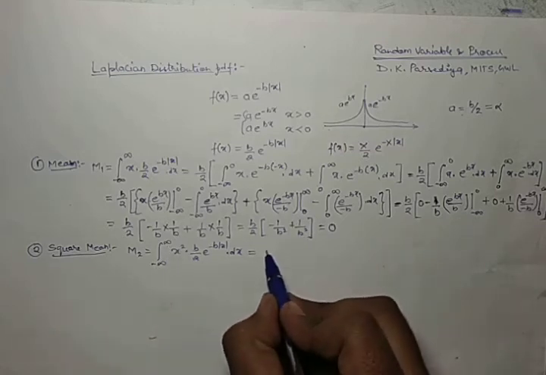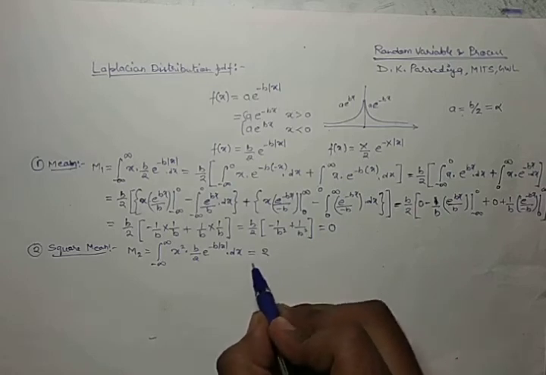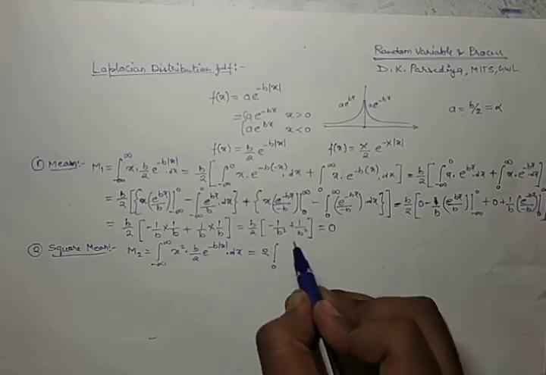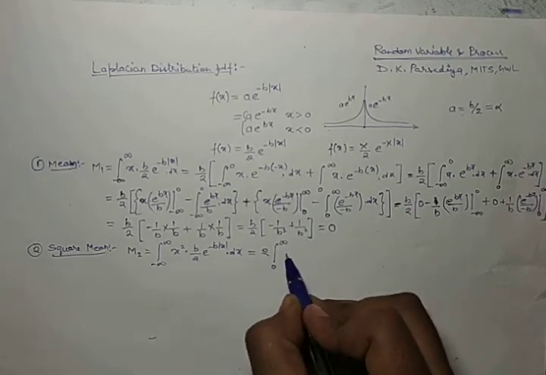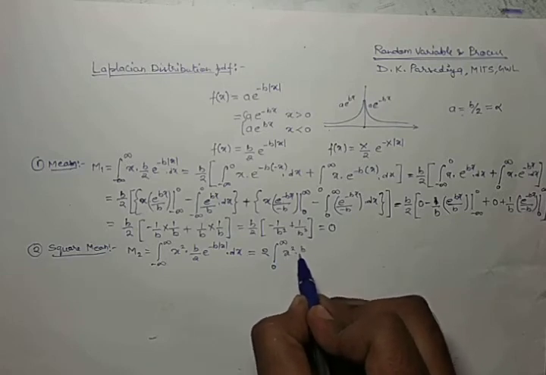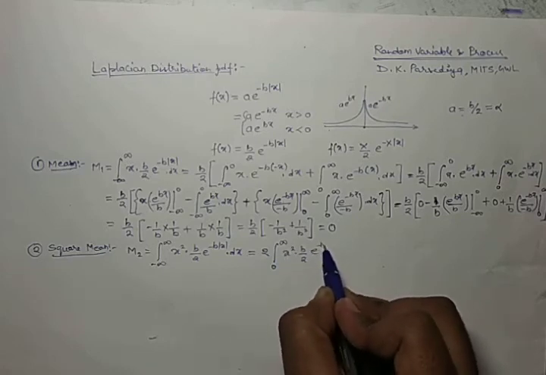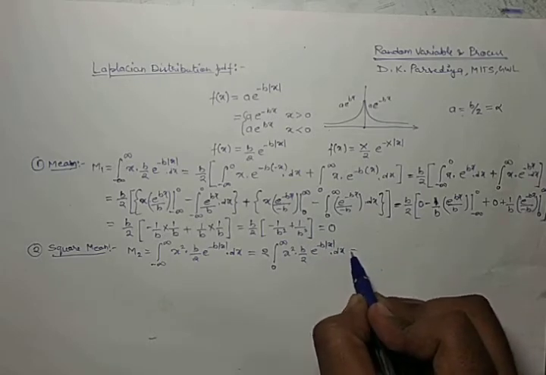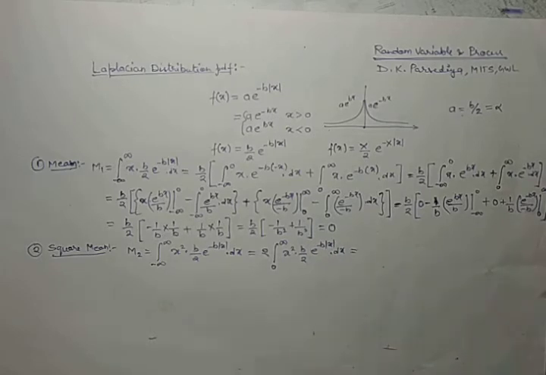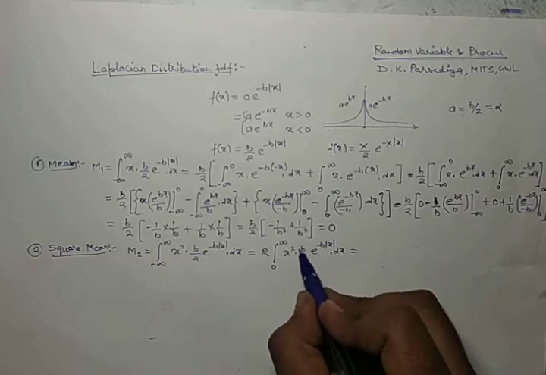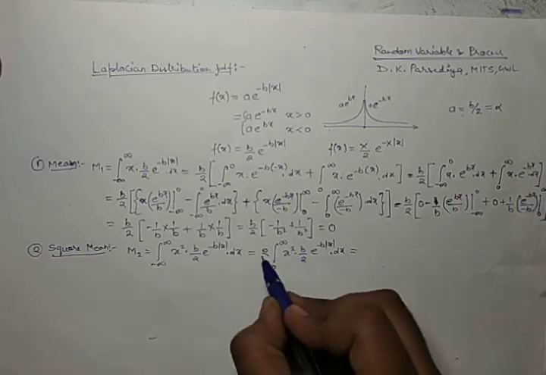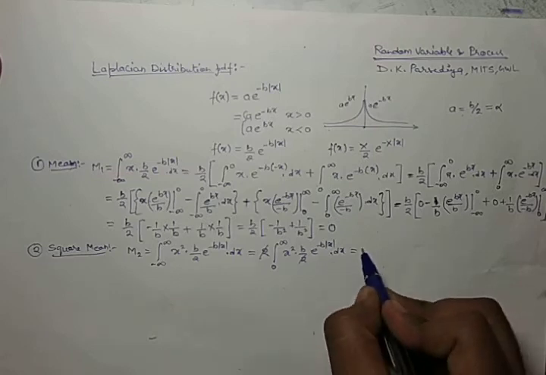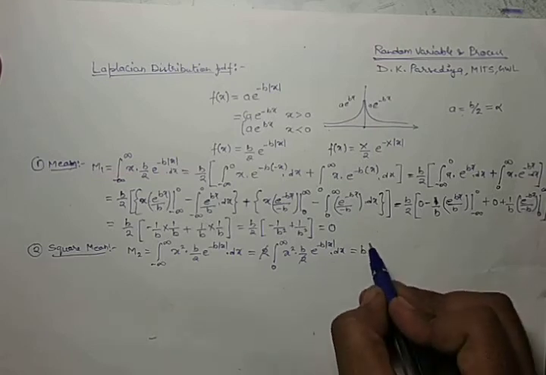So for that I have to multiply by a factor 2, and this limit is now from 0 to infinity x square dot b by 2 e to the power minus b mod x dot dx. So again this b by 2 is constant, so bring it outside, this 2 will cancel, so we will have b,